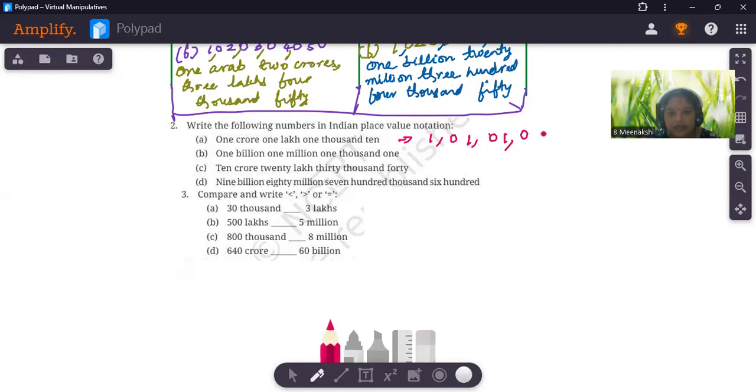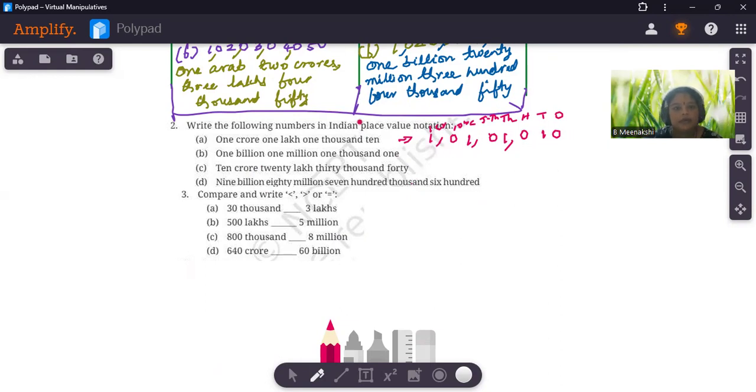Why I am teaching this method is still some students get confused. So for those students, this method will be useful. So this is ones, 10, 100, 1,000, 10,000, 1 lakh, 10 lakh, 1 crore. So 1 crore, 1 lakh,